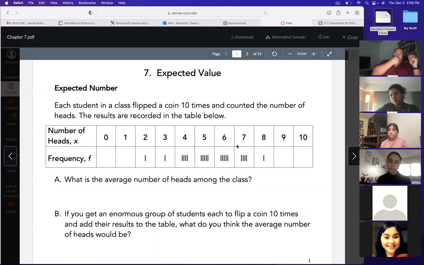So for example, suppose I flip a coin 10 times and I count the number of heads. It could be 0 heads, 1 head, 2, 3, 4, 5, all the way through 10. If I do this over and over again, 10 coins, mark how many it was, I might get a table like the ones shown, where in all the times I did it, I got 2 once, I got 3 once, a few 4s, a bunch of 5s, some 6s, some 7s, and an 8. Never got 9 or 10 or 0 and 1, but these are the ones that I got.